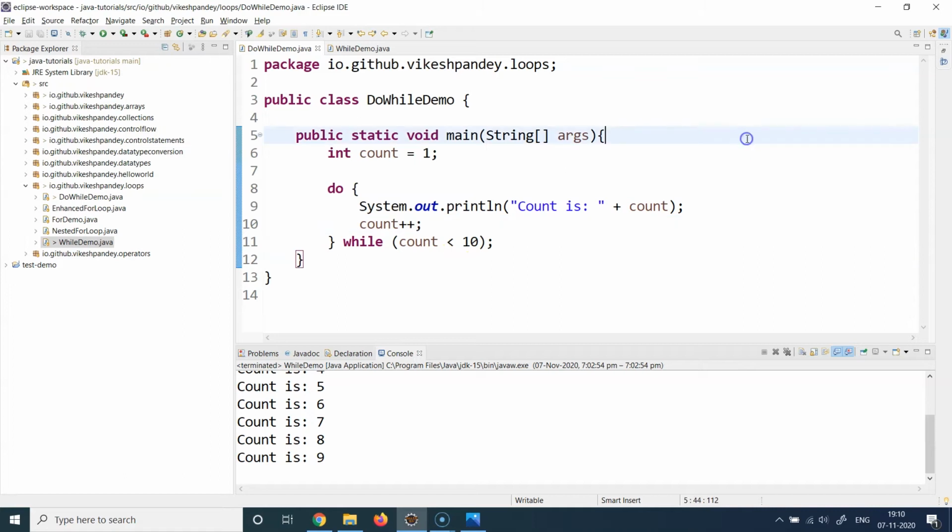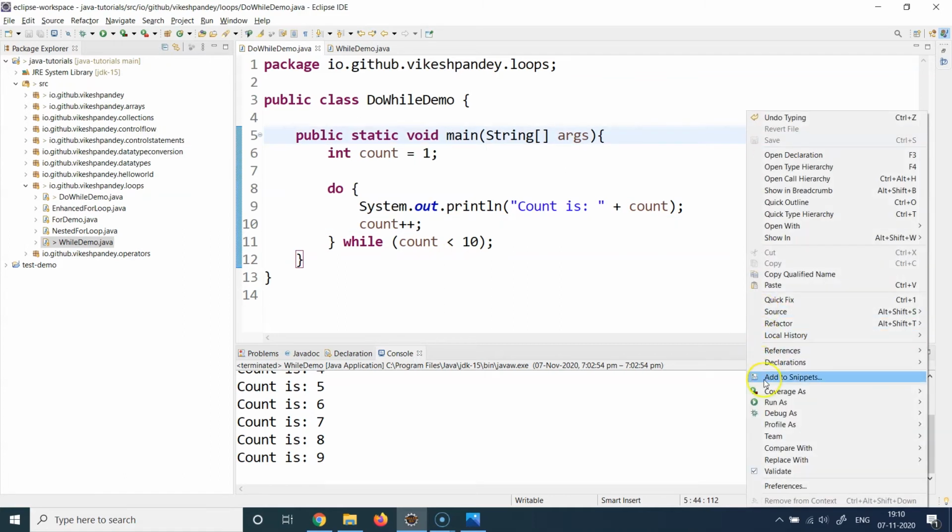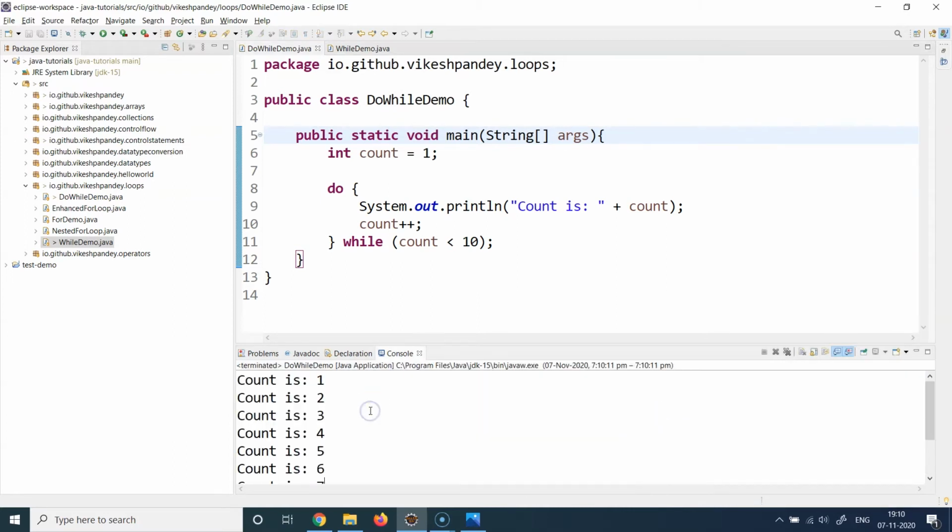Let's run this example, and we'll also try to play around with it a bit more to build our understanding better. If I run this program, there is no difference in output if you compare this with the previous program we ran for the while. So it prints the count value. Then it increments the value. Then it checks the condition saying is 2 less than 10. Yes, that holds true.